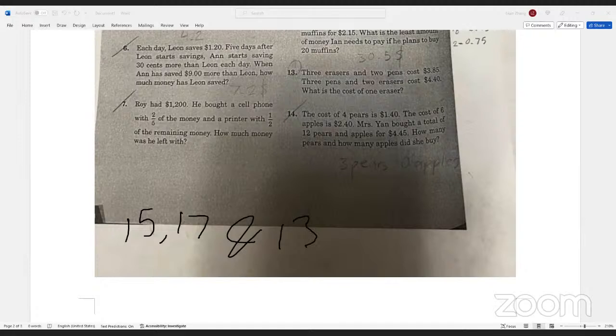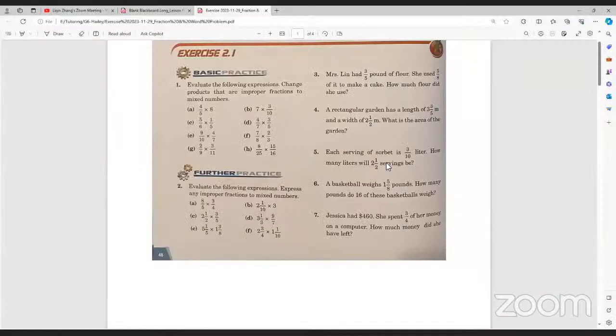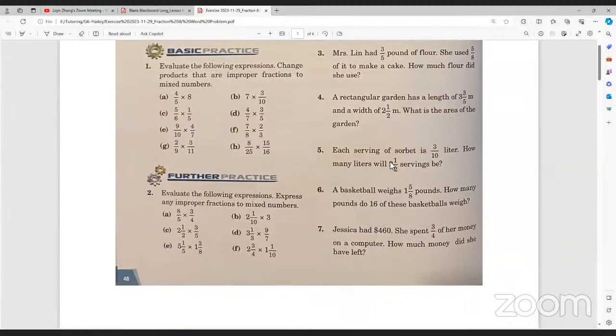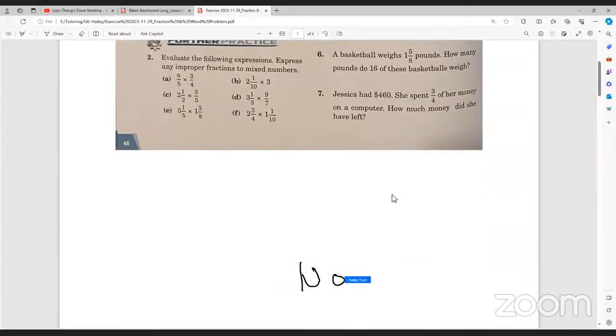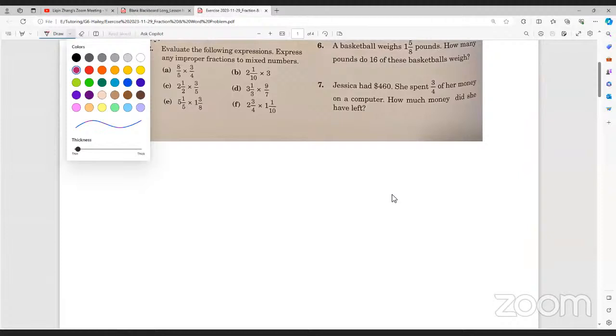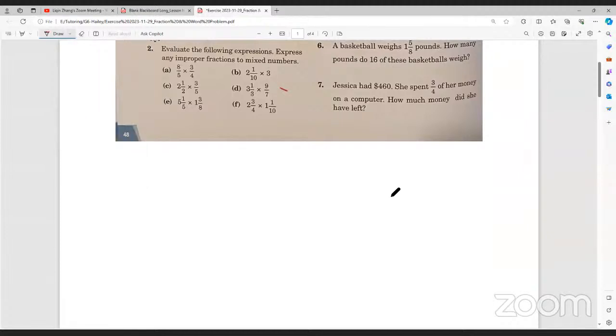For exercise 2.1, I'm going to share this one with you. Which one do you have a problem with? There's no problem, or you have some problem with any of them? Questions? No? Okay. But I just read number 7. Wait a sec. So for number 7,